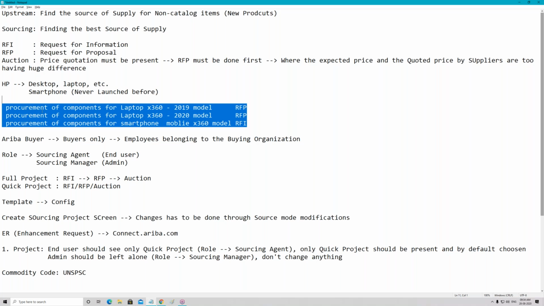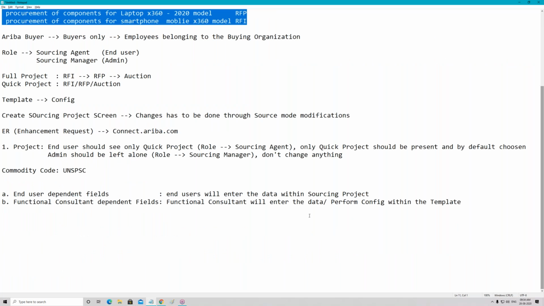And I heard you telling that in the template, there are some fields which should be very specific to a functional person and should not come into the end user's scope or visibility. In that sense, you are talking about publishing a template or a sourcing document. Again, how does an end user come in, because I heard you saying the sourcing document will be prepared by the end user? Yes, definitely. See how a functional consultant pitches in.